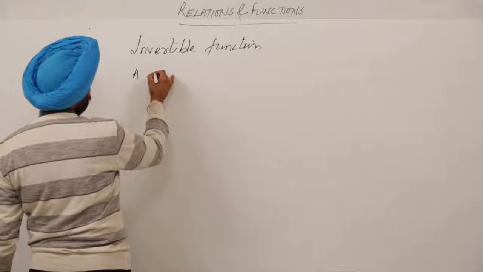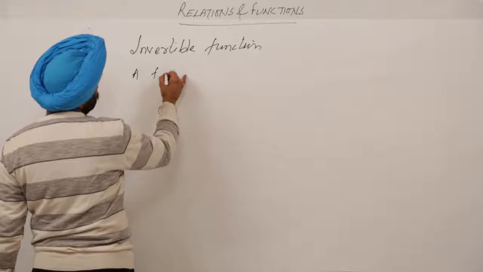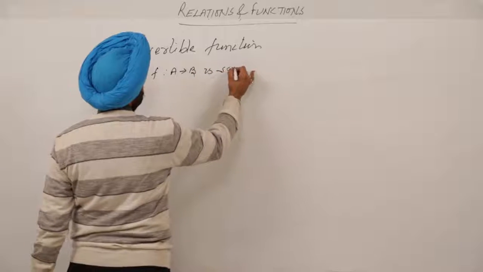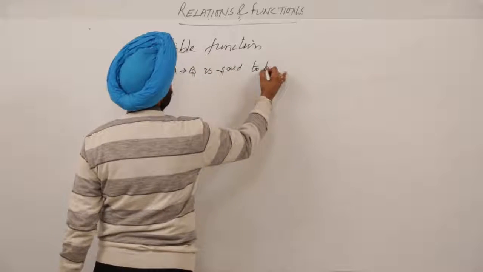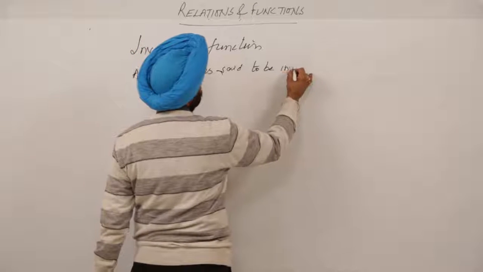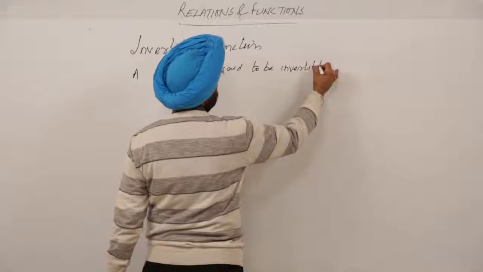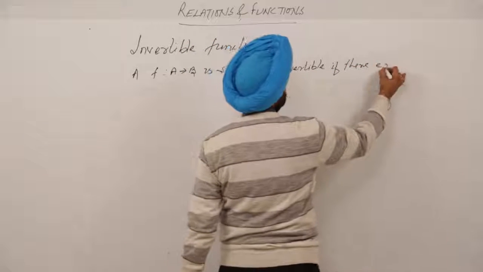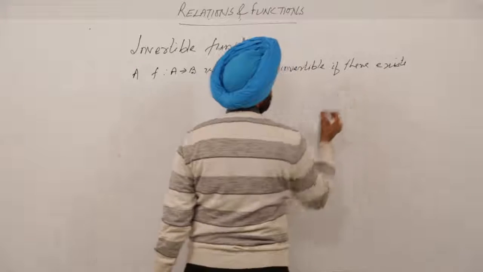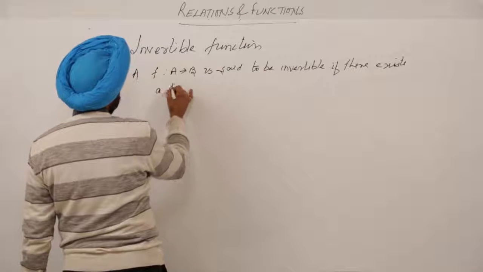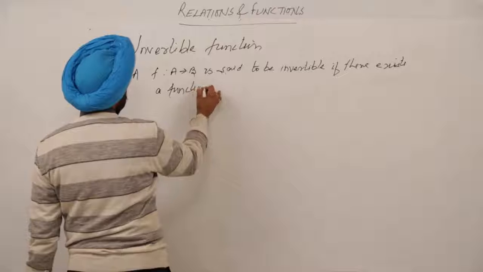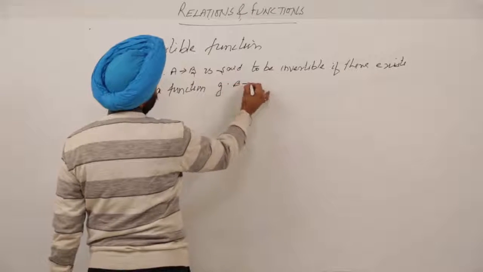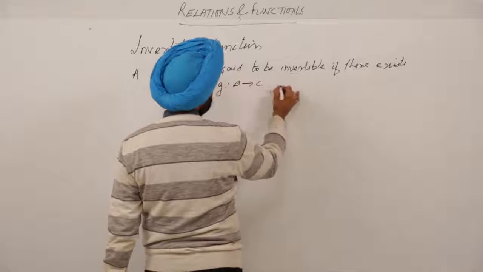A function f from A to B is said to be invertible if there exists a function, that is, another function g from B to C such that